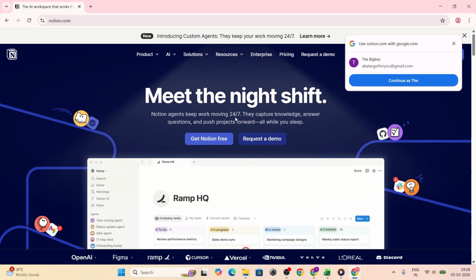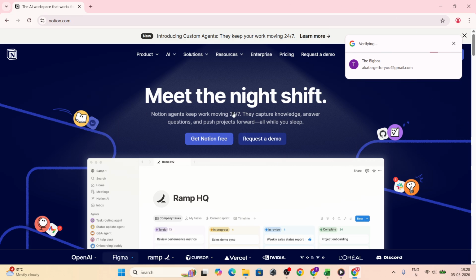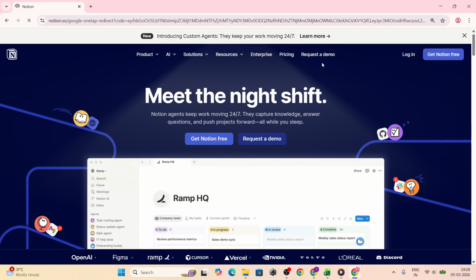Click the Login button. This brings up the standard sign-in page, and you'll see a few familiar choices. You can continue with Google, continue with Apple, or sign in using your email address. Pick the option that matches the way you originally created your Notion account or the one you prefer to use